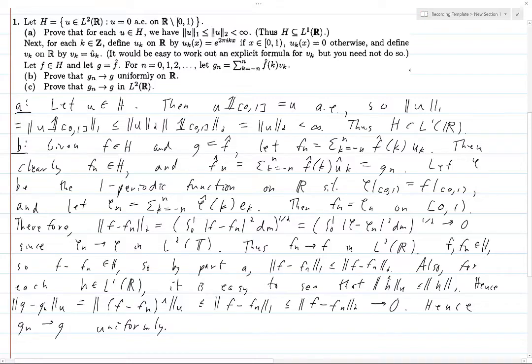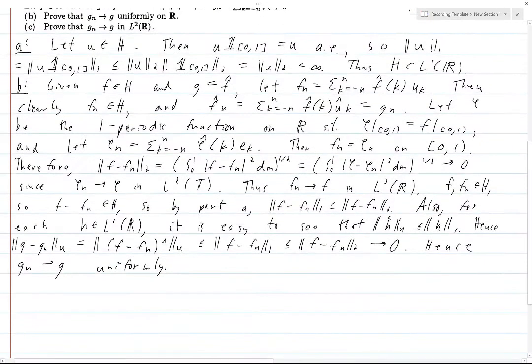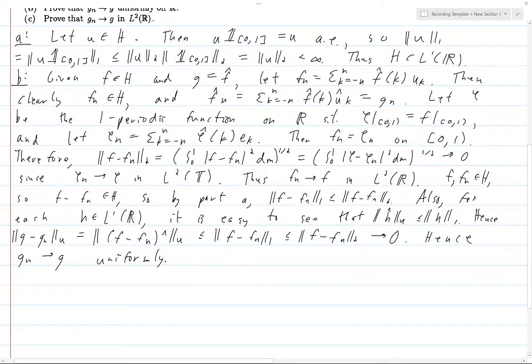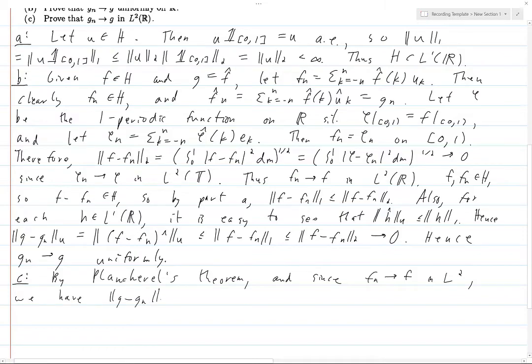So that finishes part B, and then part C, I'm only going to scroll down a little bit because we don't need much. By Plancherel's theorem, and since f_n goes to f in L2, we have g minus g_n, the 2-norm here. This again, we pull out the hat. This is the 2-norm of (f minus f_n) hat. But by Plancherel,